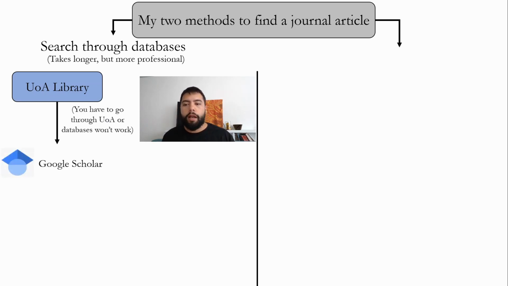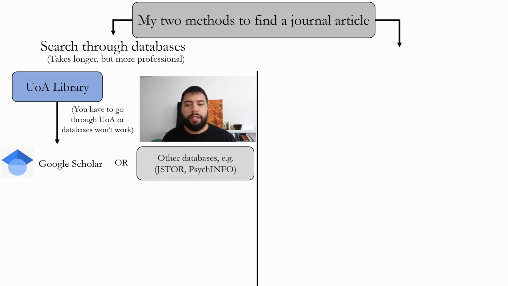I recommend that you use Google Scholar. You don't have to. There's other databases like JSTOR or PsycInfo, and there's databases that are specifically made for certain fields like anthropology, psychology, biology, physics, and what have you. But Google Scholar is the general one, so it searches across all different fields, and for that reason it's really useful. You might want to use specialist databases at a later point in your degree,